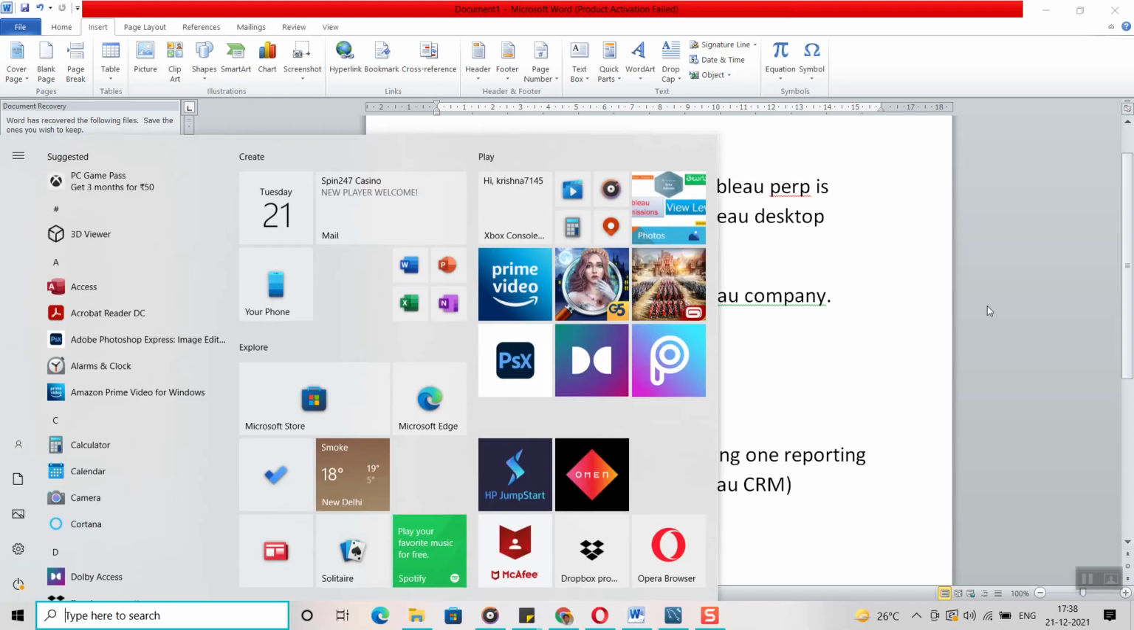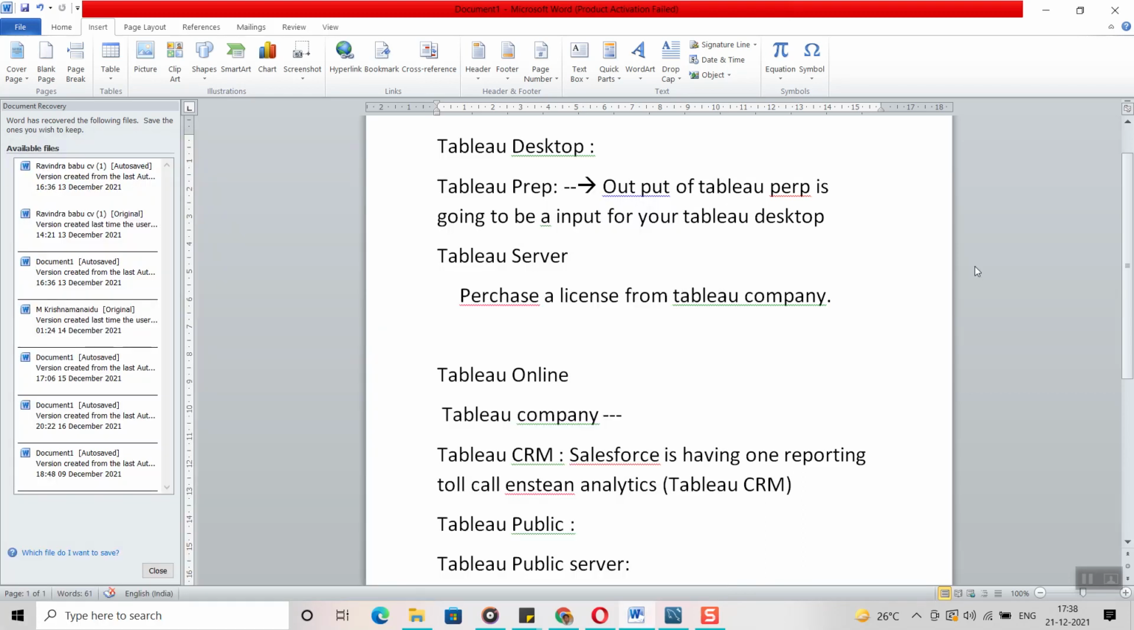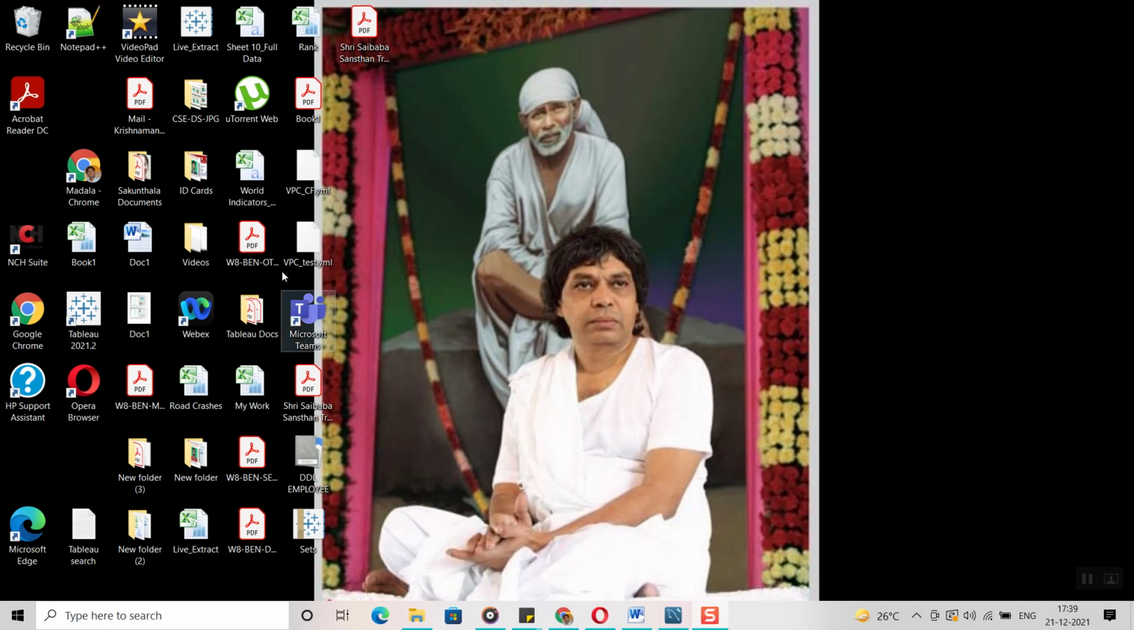guys, Tableau desktop, once you will install the Tableau desktop, so once you will install the Tableau desktop, it is going to be